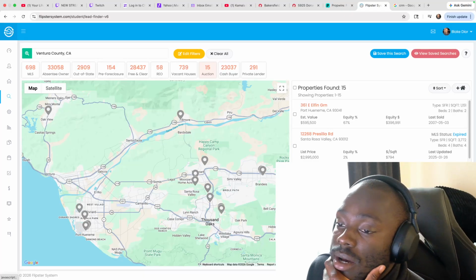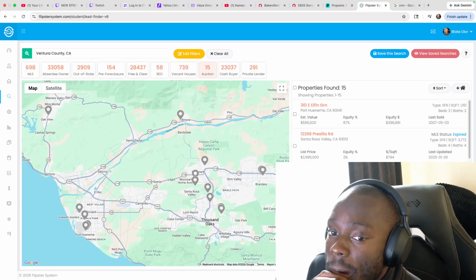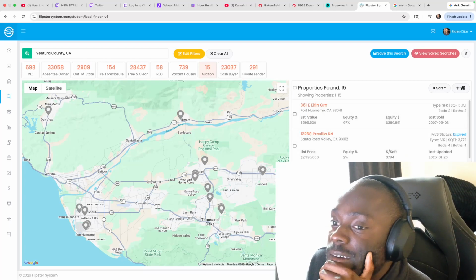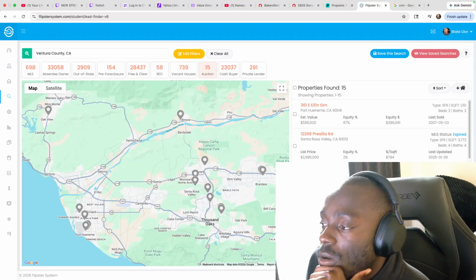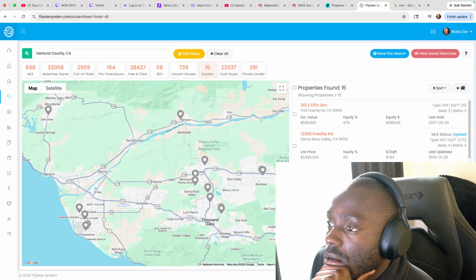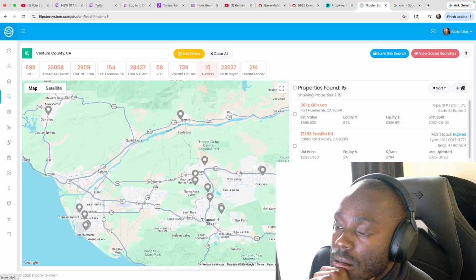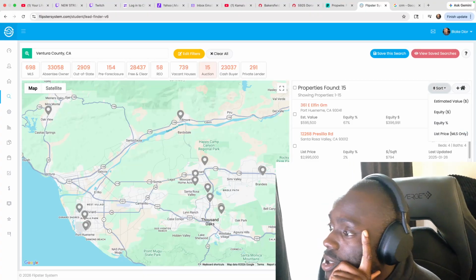So I looked up Ventura County and decided to see what's in this area of California. Right now we're looking at homes that are up for auction. I don't know much about auction homes, but what I want to do is add some filters. So let me see what I could do.